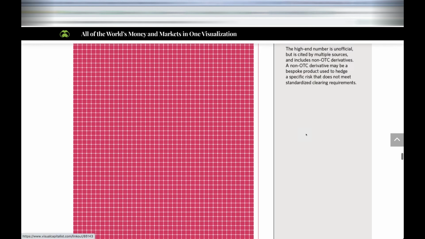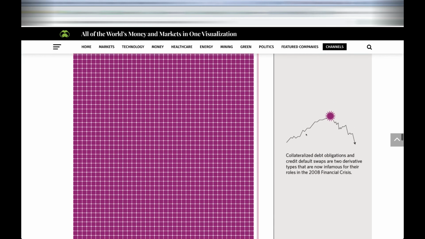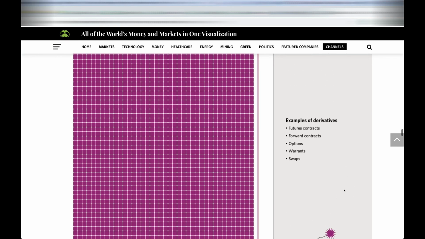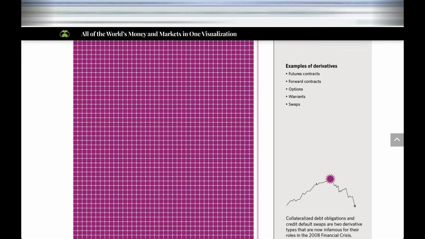Yeah, these are all the bets on the different assets in the market. And then there's also derivatives of derivatives, like collateralized debt obligations and credit default swaps, that are basically packaged derivatives. And then you have